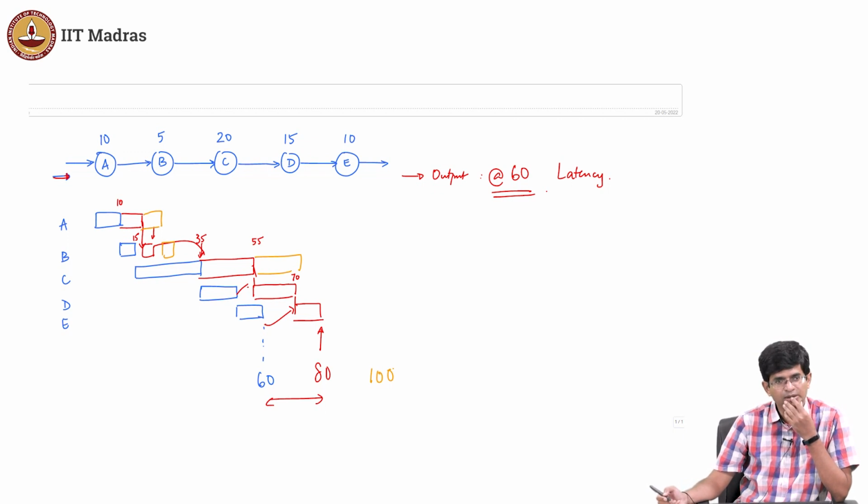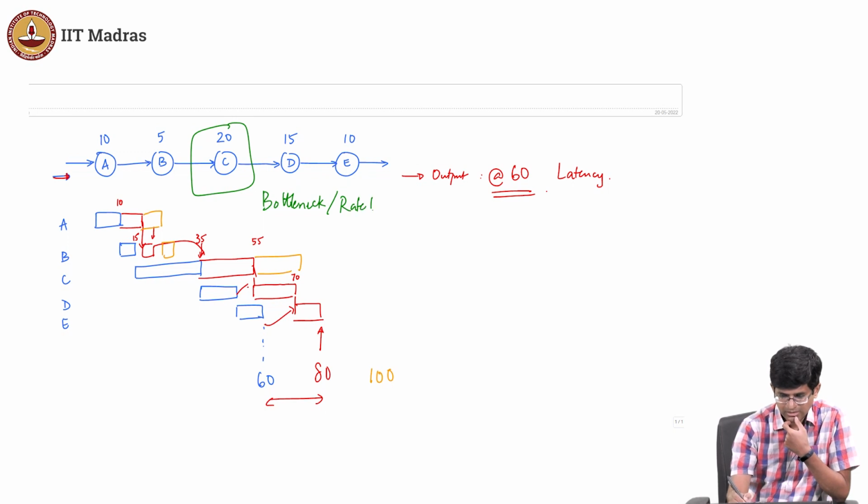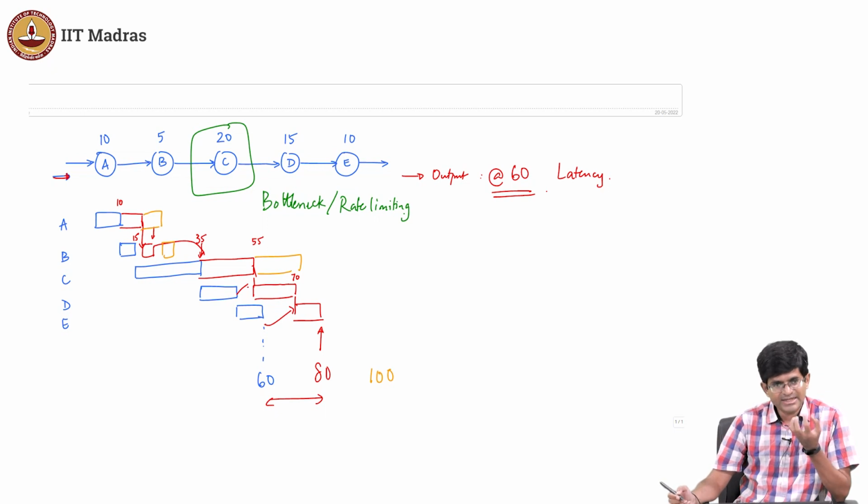Why? You end up having a bottleneck. In other words, this one becomes the bottleneck, or the rate limiting factor. So the fact that C over there is taking a certain amount of time is ultimately going to slow down your entire pipeline. It doesn't matter that you had really fast ways of doing all the other things. At some point you are going to hit this slow stage, and that determines the throughput of your system.